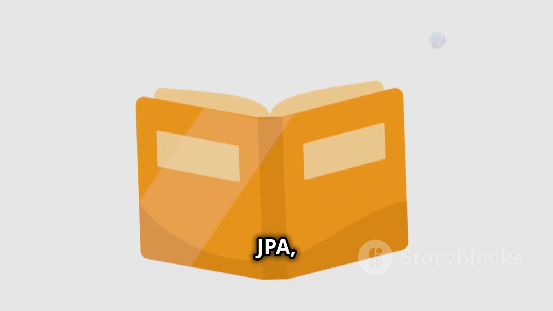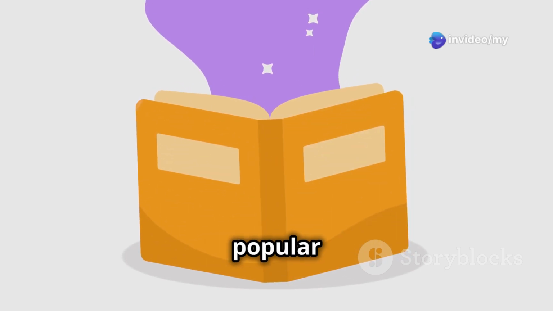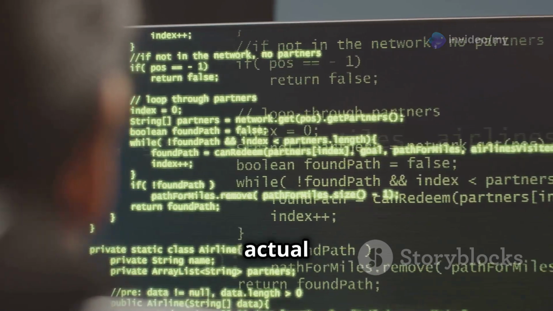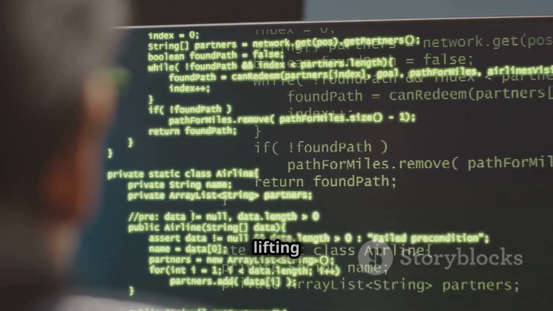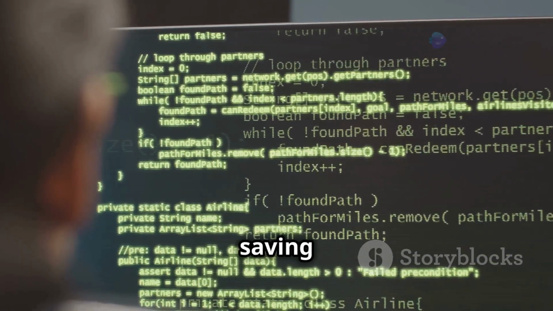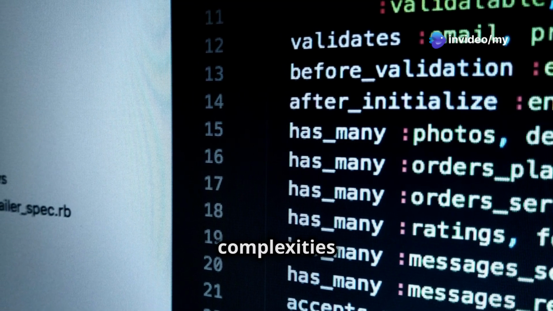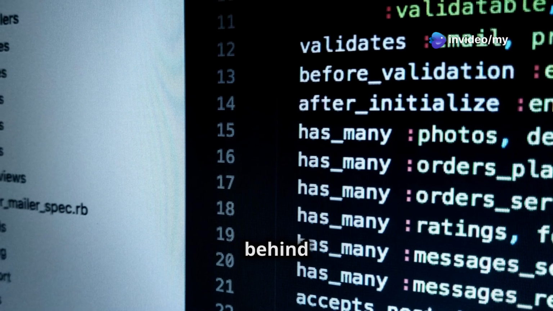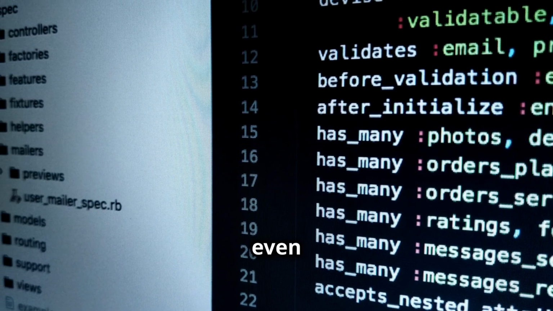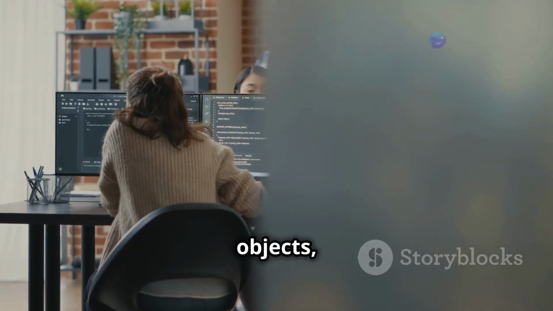To use JPA, you need an implementation like Hibernate or Eclipse Link, which are popular choices among developers. These implementations provide the actual tools and libraries that do the heavy lifting of converting your Java objects into database records and back, saving you time and effort. The beauty of JPA is that it hides the complexities of database interaction behind a simple and intuitive API, making it accessible even to those new to Java. You work with plain Java objects, and